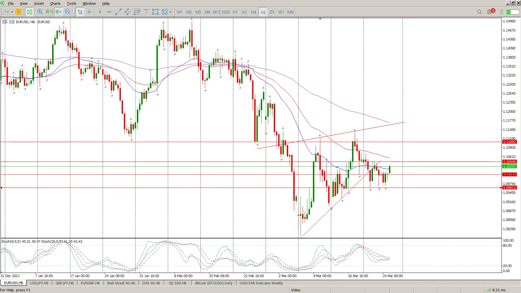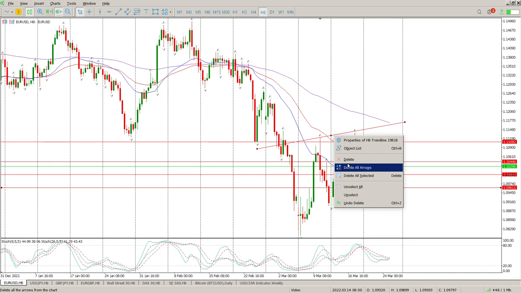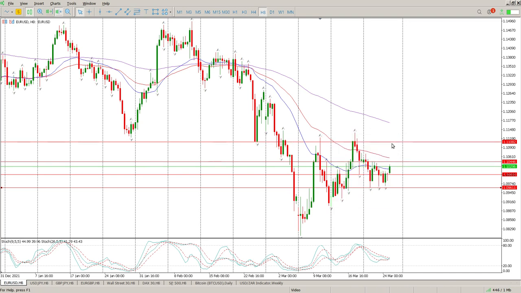As usual, starting off with Euro USD, and the longer this goes on, the less likely that this is a wedge. So for me, just get rid of the wedge. We've basically been ranging for the whole week. So moral of the story is quite simple. Break